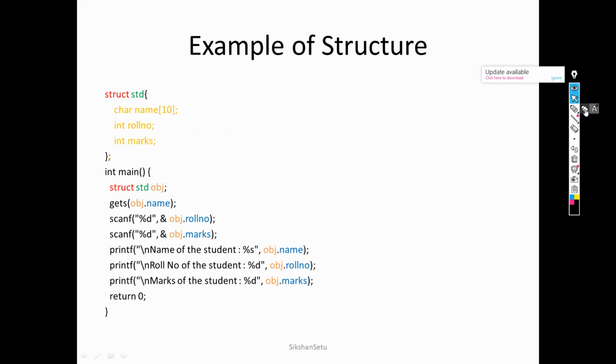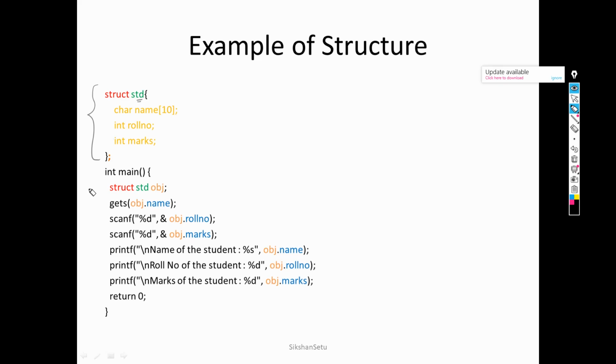Very simple example is there. So here we are creating the structure for a student. So we have written struct and then the name I have given is std. Now I need to have data members like name, roll number and marks. So I need to have these three data members. So my requirement is this, so I have declared three data members within it. You can observe one is a character array and the other two are integer variables. Then I'll close the braces and I'll put a semicolon at the end. So this is the structure declaration part.